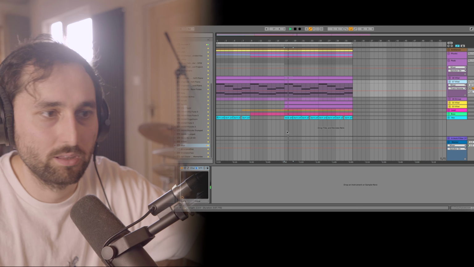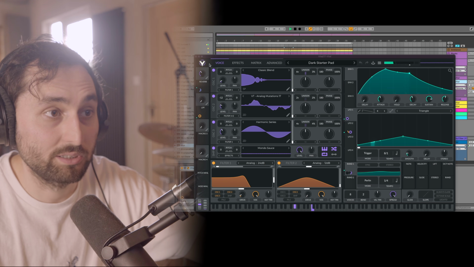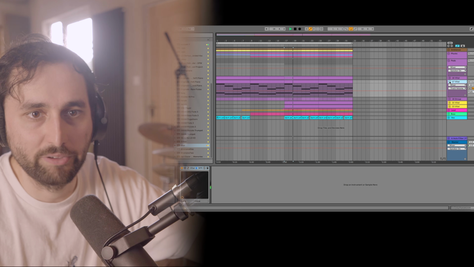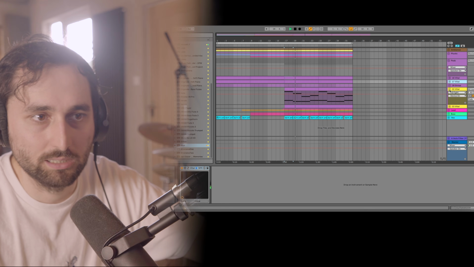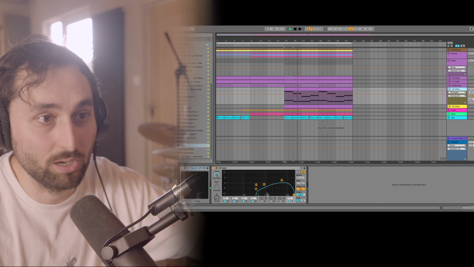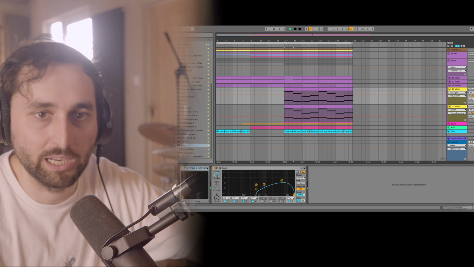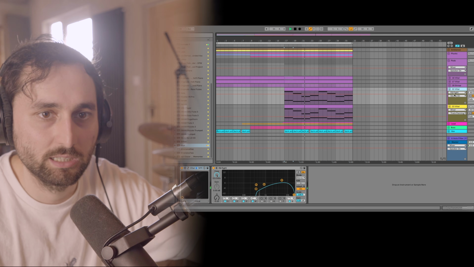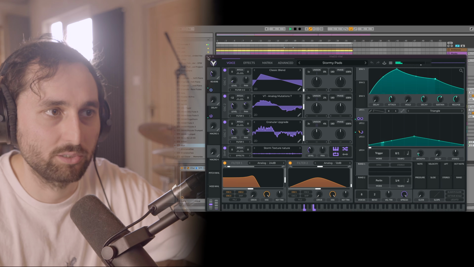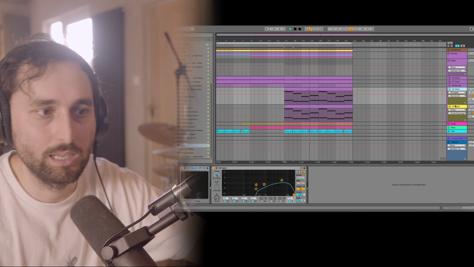Layer that with Dark Starter Pad. Again, not much effects going on, just using the sounds from the pack. A little bit of EQ in here and there if you want to change the profile. Some of them pan left, some of them pan right, giving it a bit of space. So we got a few more from the pack, Stormy Pads and